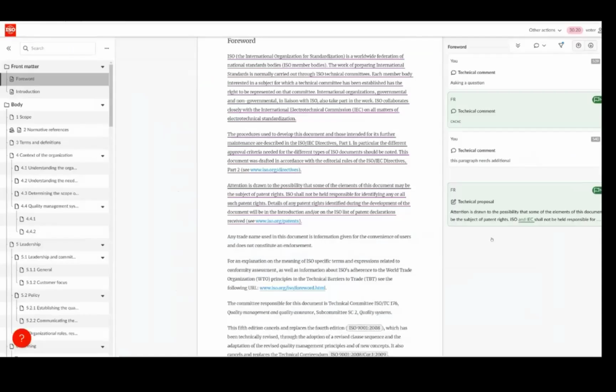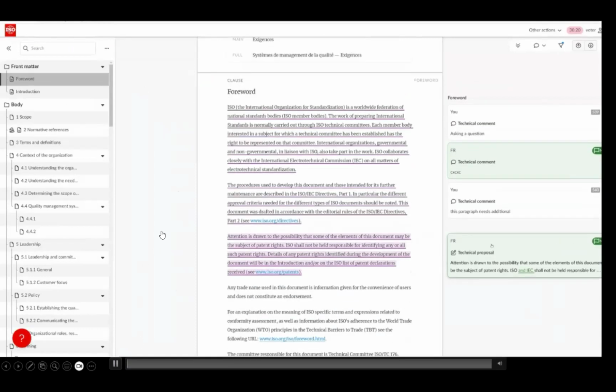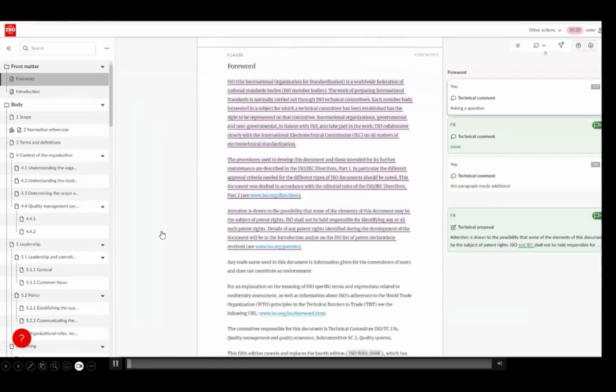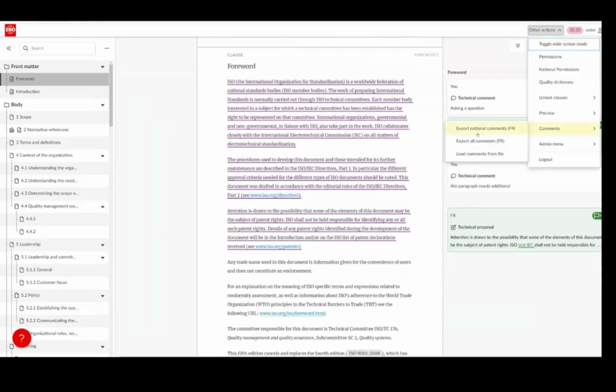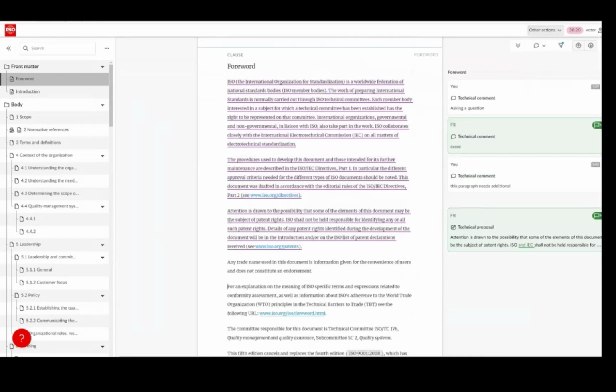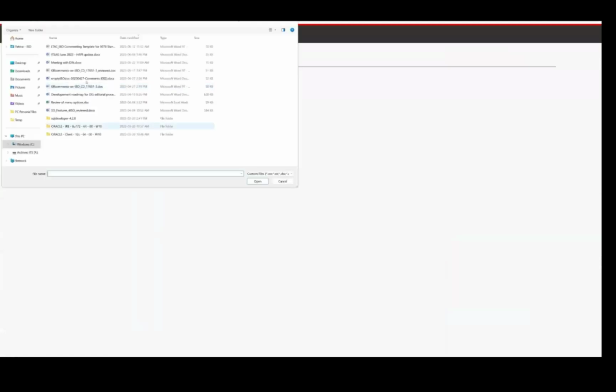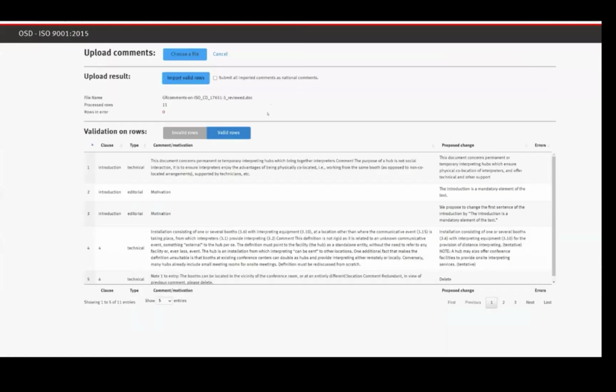So let's take a closer look at how this all comes together. So you can see here that I'm starting to have a little bunch of comments and I'm going to load more. So I'm going to demonstrate the load from file feature. So as Christina has shown, basically I have this here and I'm going to select a commenting template. So again, the commenting template has to match the requirements of the current commenting template. So same columns, same column names,